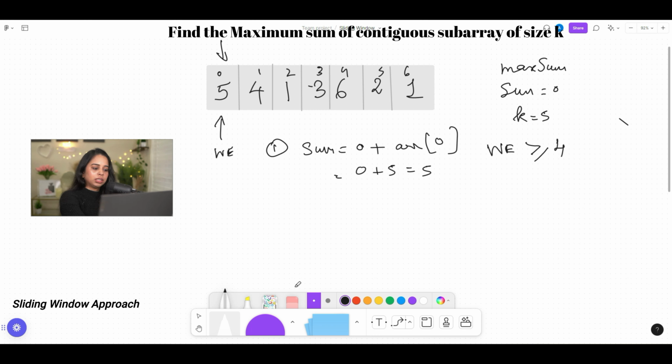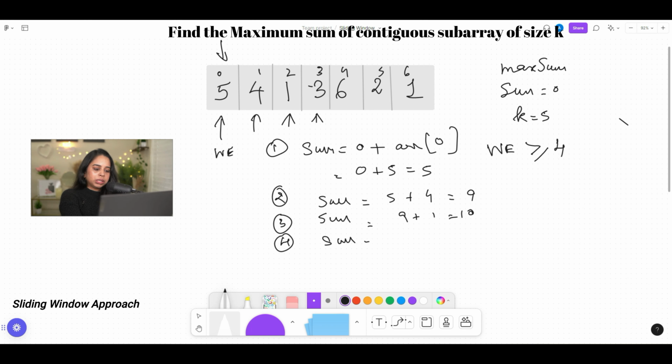Okay, and then we are going to increment window end. Next, sum will be 5 plus 4, which is 9, and then we increment, and now the sum is going to be 9 plus 1, which is 10, and we increment window end. Okay, sum is going to be 10 plus 3, which is 13,